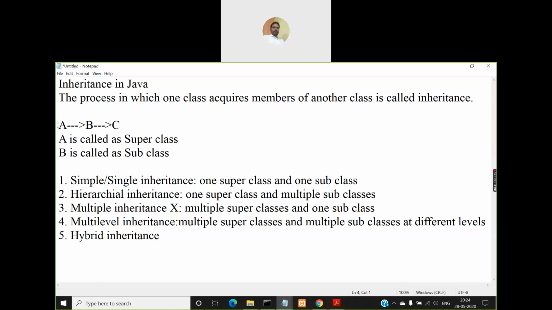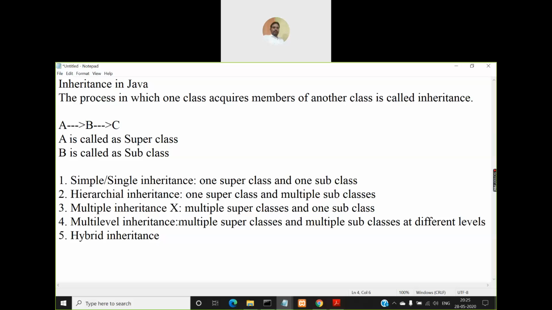And if you consider the number of superclasses overall at all the levels, A is one superclass and B is another superclass. Multiple superclasses are there. Similarly, B is a subclass for A, and C is another subclass for B. So altogether, at different levels you have two different subclasses and two different superclasses.